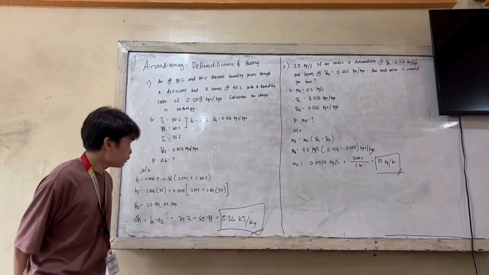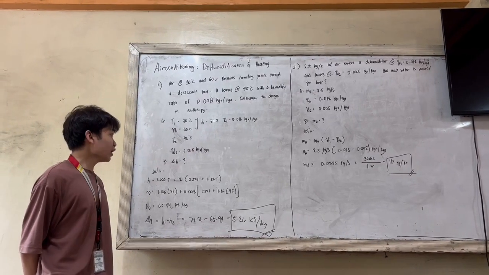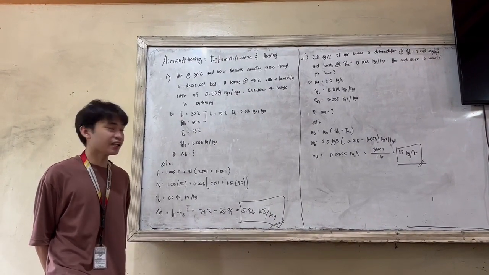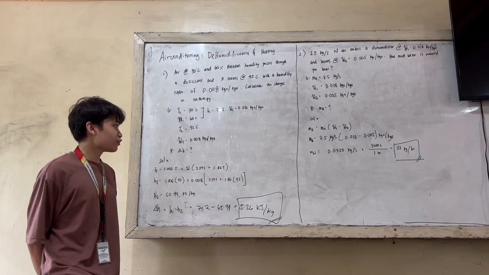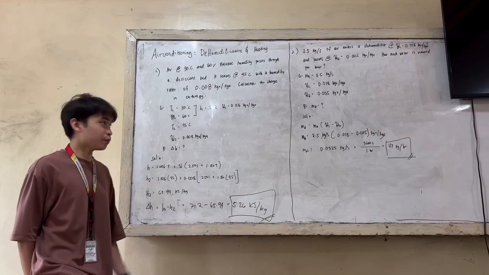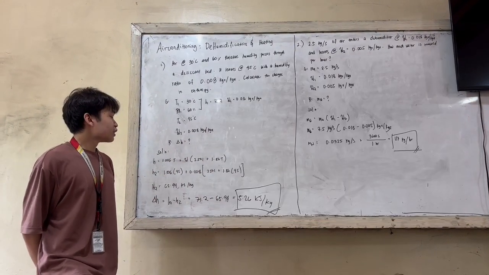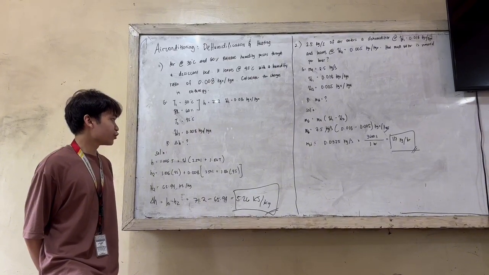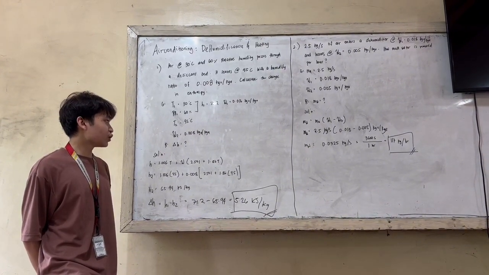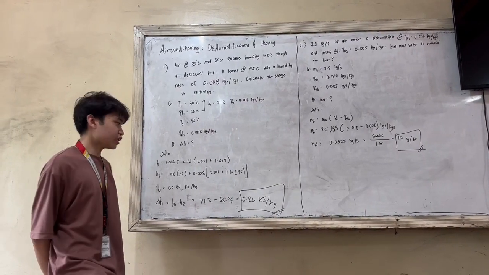In this problem, we'll be using the psychrometric chart to find the values. At T1, 30 degrees and relative humidity at 60%, we can find the H1 at 71.21 and the humidity ratio at 0.016. I'll be inserting the psychrometric chart for this problem. Next, we have T2, which is 45 degrees Celsius, and the final humidity ratio at 0.008 kilogram vapor per kilogram dry air. So we need to find the change in enthalpy.